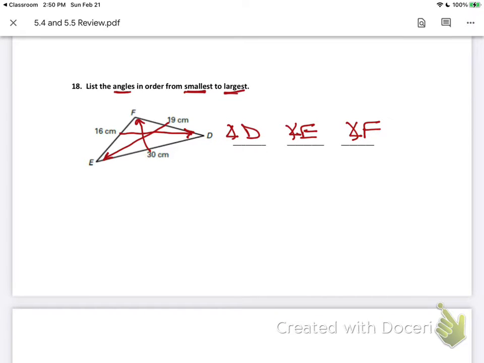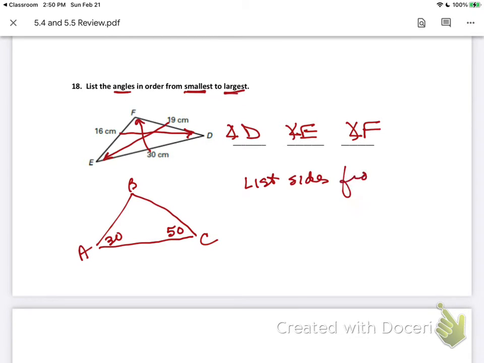Okay, so what if they gave you a situation where they didn't give you all three? Sorry, let me make that a little straighter. Let me backtrack. What if they didn't give you all three angles, for example? What if they said this was 30 and this was, say, 50? Okay, so if they gave you 30 and 50 and they asked you to list sides from, and we're going to do